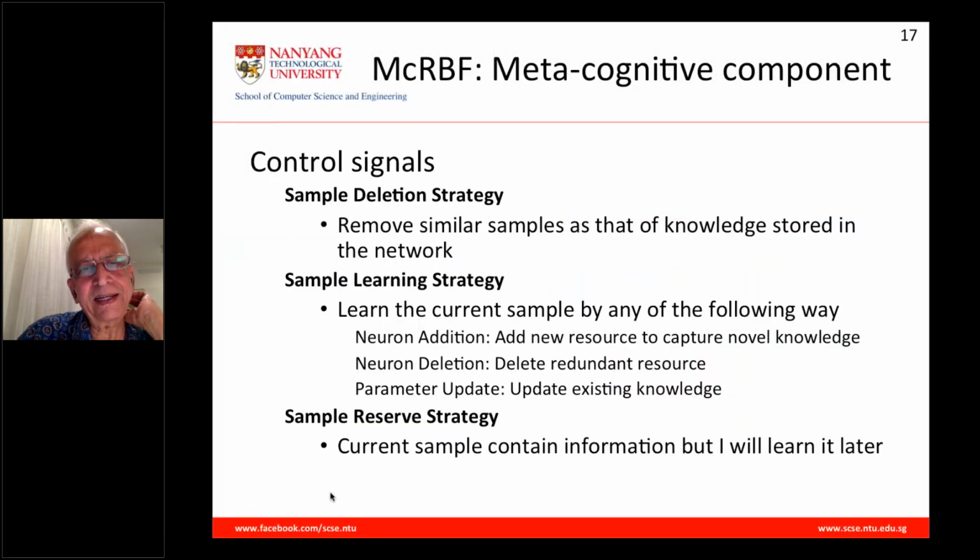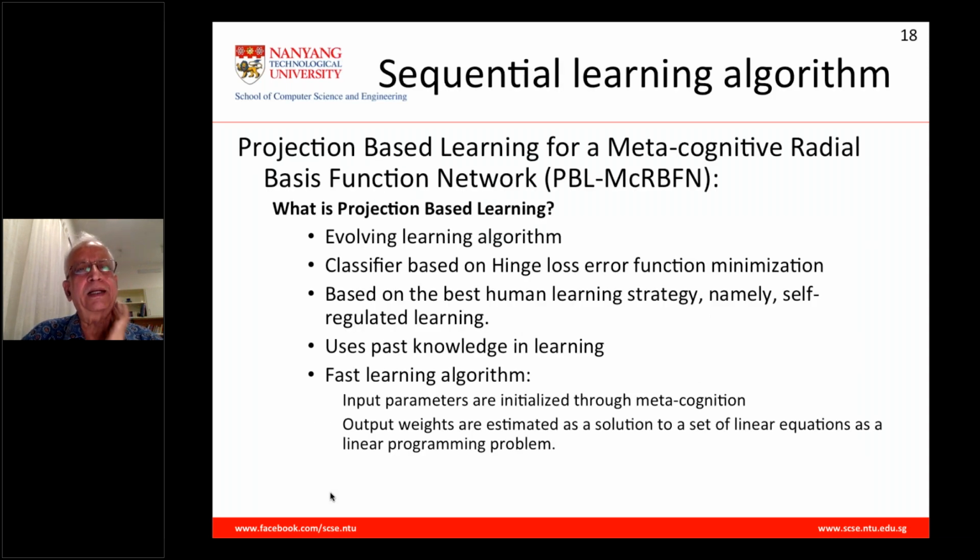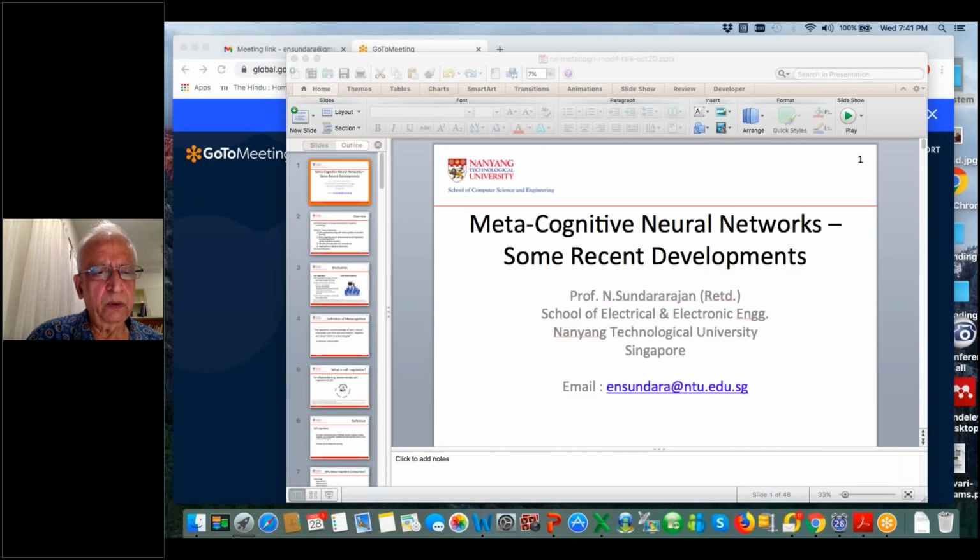Okay, is that clear? So of course we have done the learning algorithm. So this is what I said, evolving learning. Evolving means structure is evolving, and we are using it in classification problems. We use a nonlinear error function. Yeah, any question? Hinge loss function. If you are not familiar, please take time to look at it. This is better for classification. And yeah, these are all the ideas about metacognition. I will not spend time here. I will go to the,